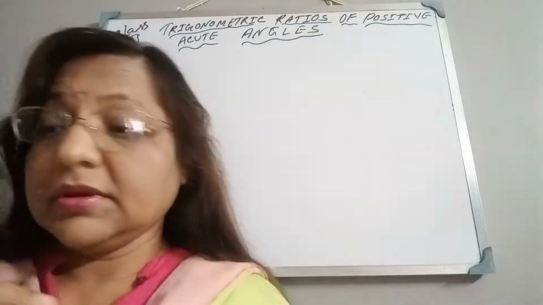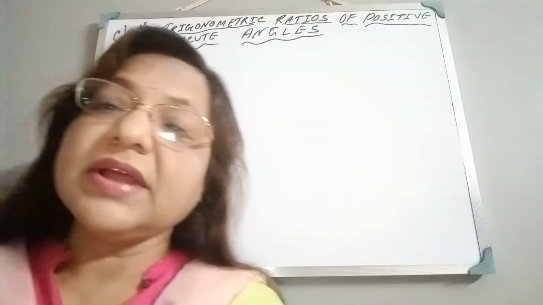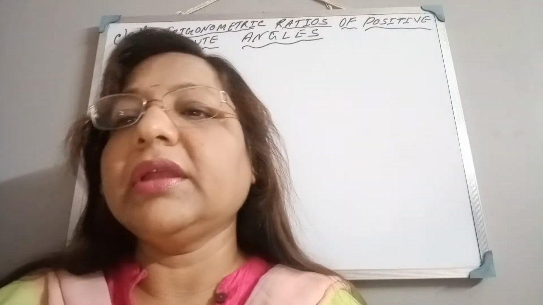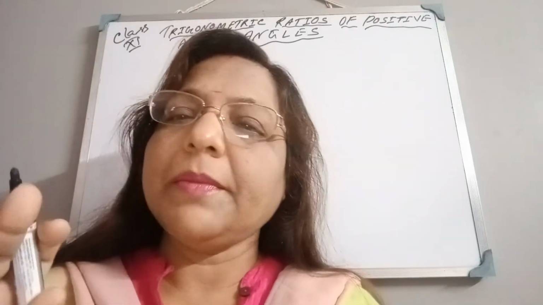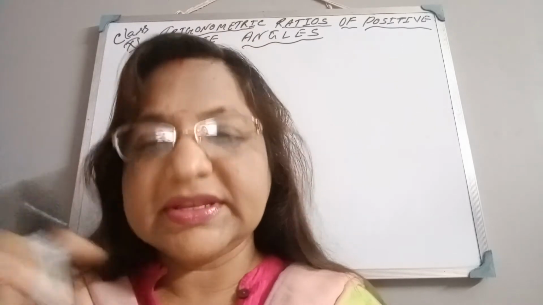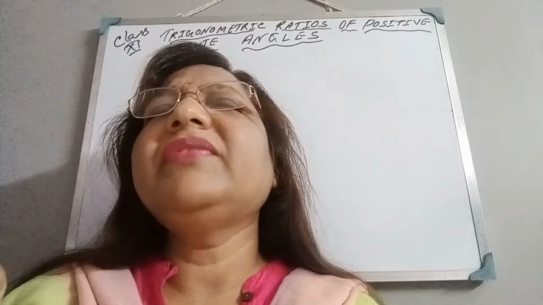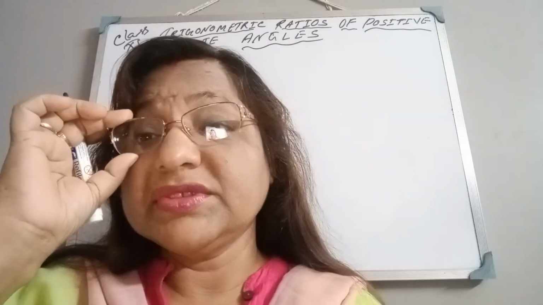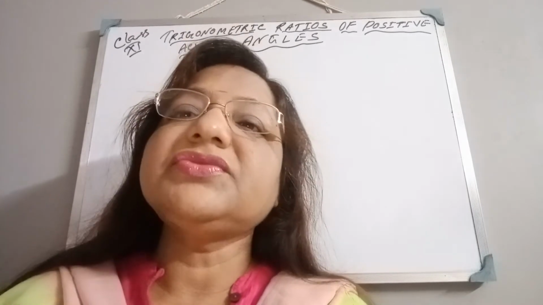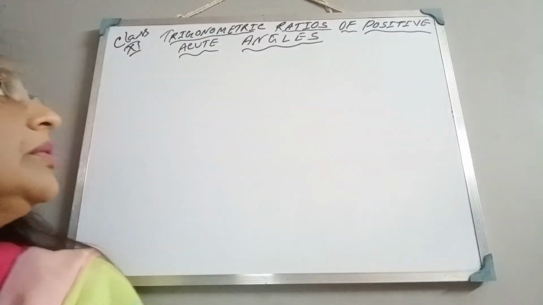Class 11 has already started the trigonometry chapter. The first chapter was already taken in an online class, and that was the recapitulation part for class 10. That means everything you know, only a few sums are different from what we did at that time. And the next chapter is trigonometry. I have already written it on the board.